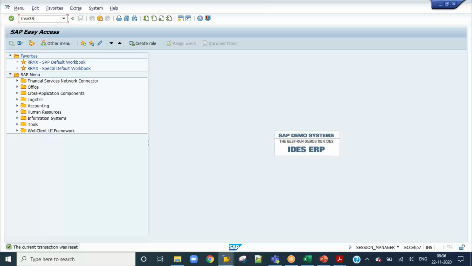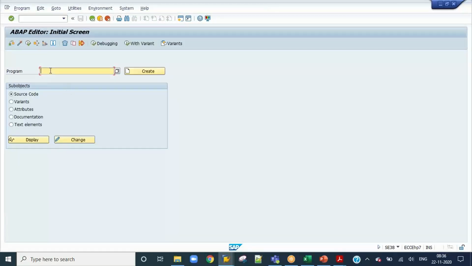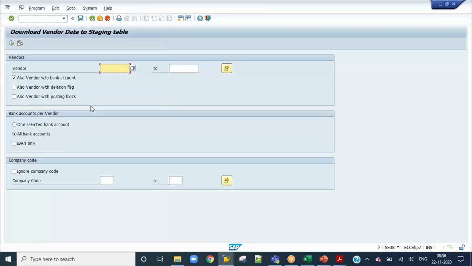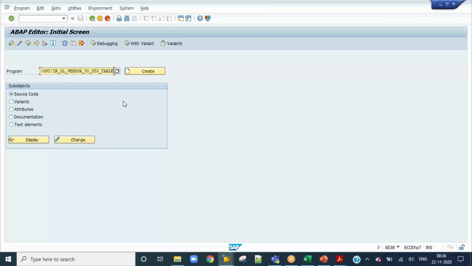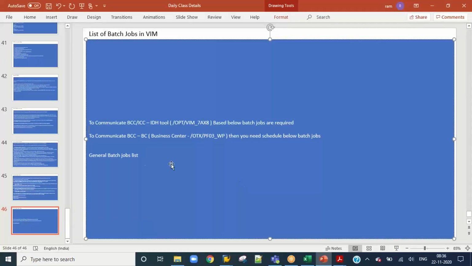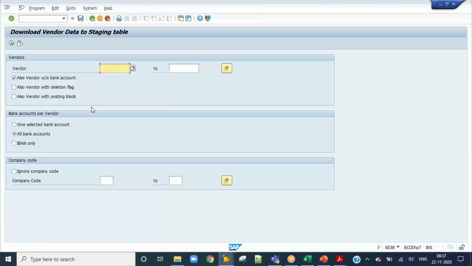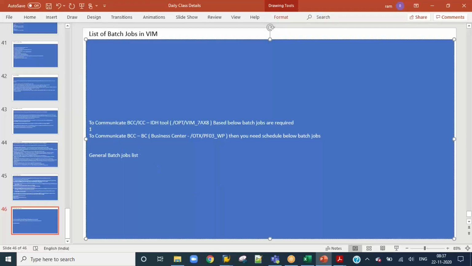So in SC38, this is the staging table batch job. What it will do is download the data from your vendor staging table to BCC, the vendor master data downloading. This batch job we need to schedule weekly once. Or, if vendors are frequently being created at your customer's place, then you can go ahead with daily. So the first job is downloading